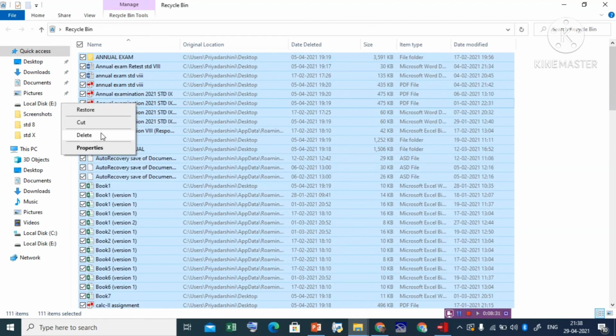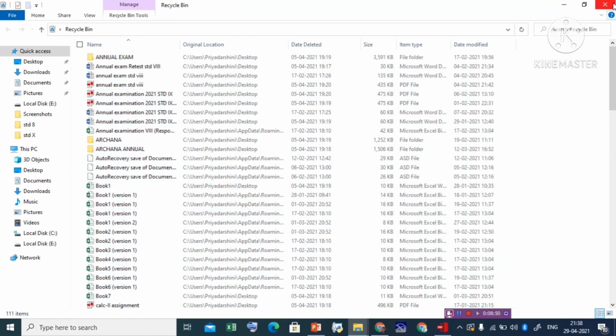You cannot get them back. If you want to permanently delete all the files from the recycle bin, then use this option, otherwise not.